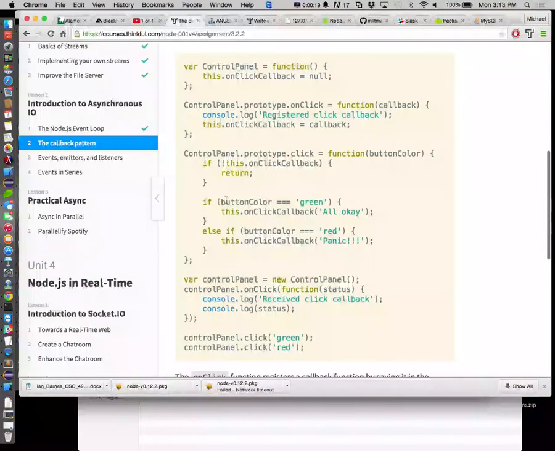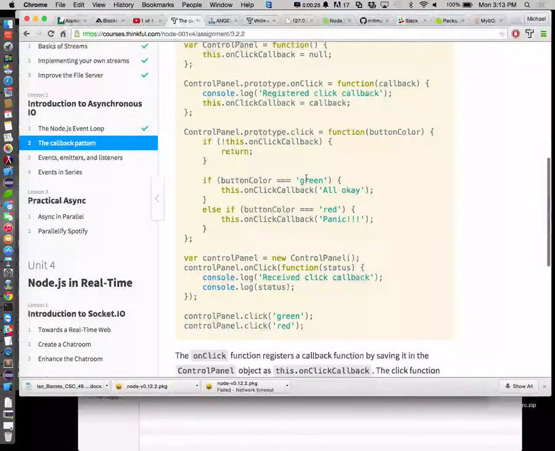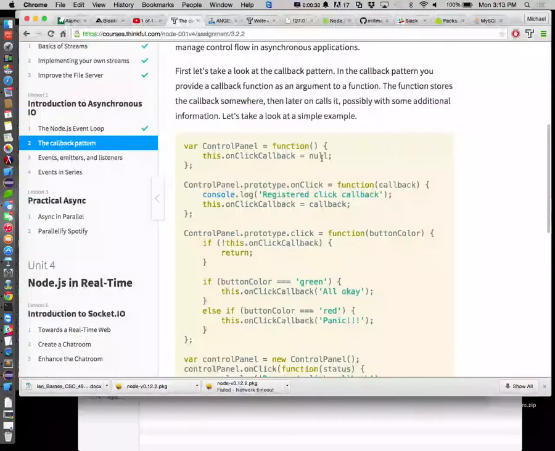So just a quick review. Last time we talked about callback patterns. Today we want to talk about events and emitters. Right at the end of class last time we were dealing with the green and red light thing. Earlier in the class we talked about input-output streams, creating our own streams, right? Then we started talking about callbacks, things that get called when certain things happen. So we were registering listeners. And we're going to talk about the next evolution of that in a few minutes. But just as a quick review,